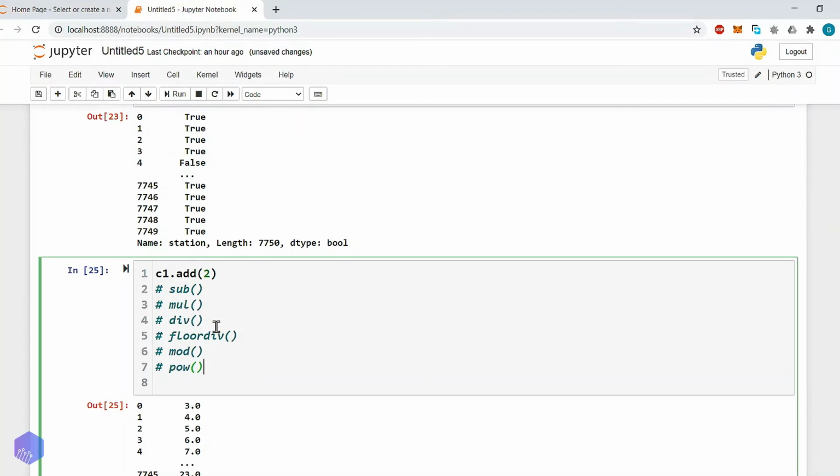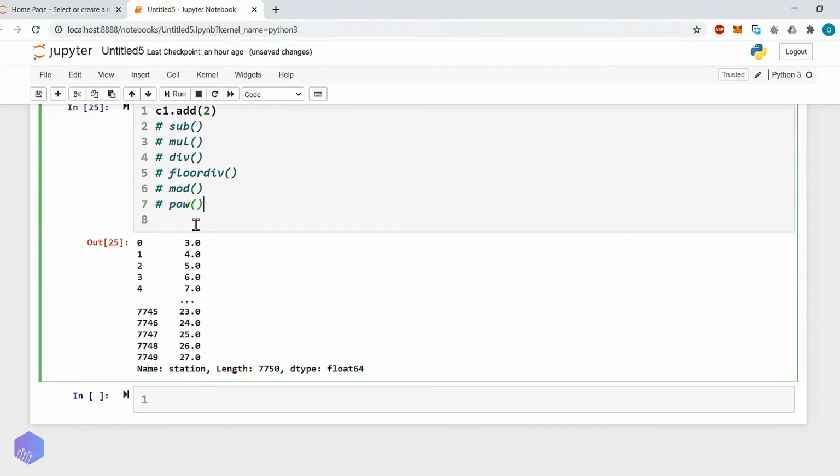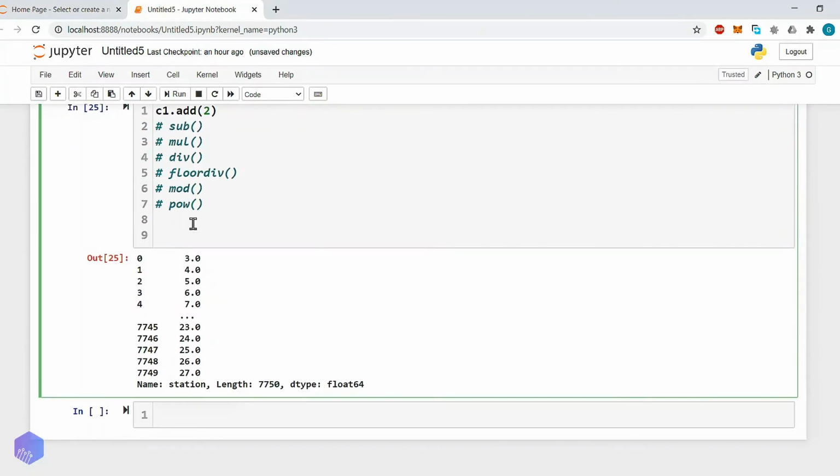So let's move forward. Instead of using greater than and less than or equal to, similarly here you can use some inbuilt function like c1 dot greater than, and then in brackets we specify the value.